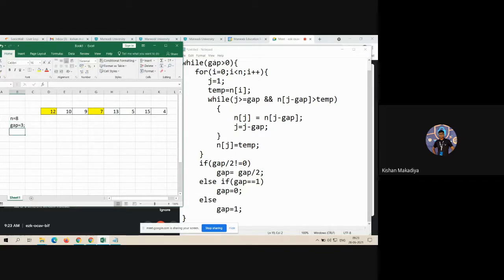So gap greater than 0, that condition is true. And here in the for loop, i is equal to 0, 0 less than 8, condition true.